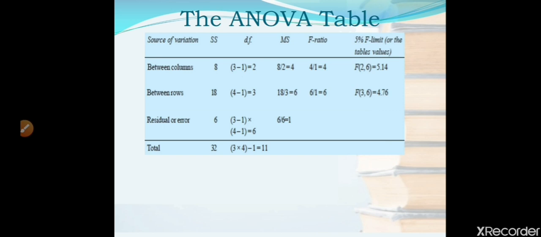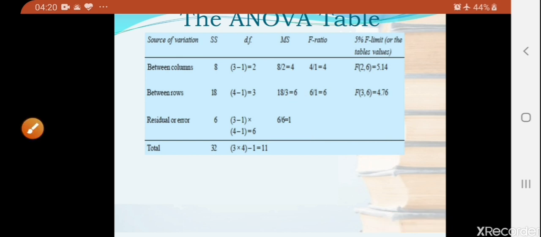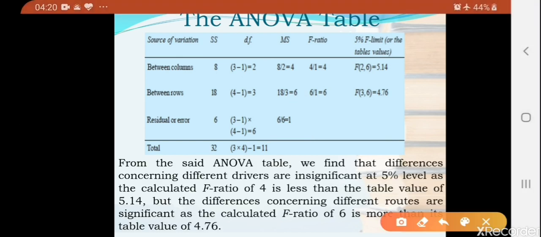Similarly, here the F ratio is MS between rows divided by the MS residual error. So that is our F ratio for between columns and between rows. And from the table we have found the value of 5.14 for this. This is 4, this is 5.14, this is